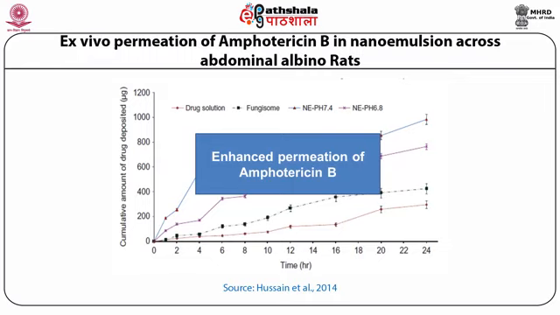nanoemulsion across abdominal albino rat skin, which indicated that the drug solution shows the lowest permeation and the nanoemulsion based delivery system showed enhanced percutaneous permeation of Amphotericin B. The marketed formulation Fungisome containing Amphotericin B is showing intermediate permeation across abdominal albino rats. Thus it is suggested that nanoemulsion based delivery systems are quite useful for the delivery of Amphotericin B in nanoemulsion